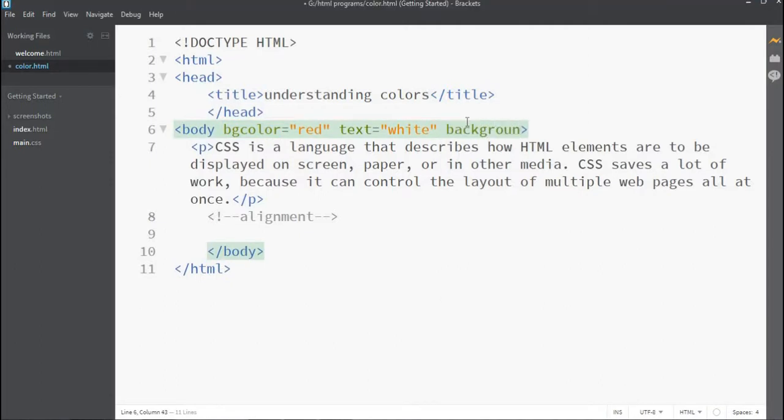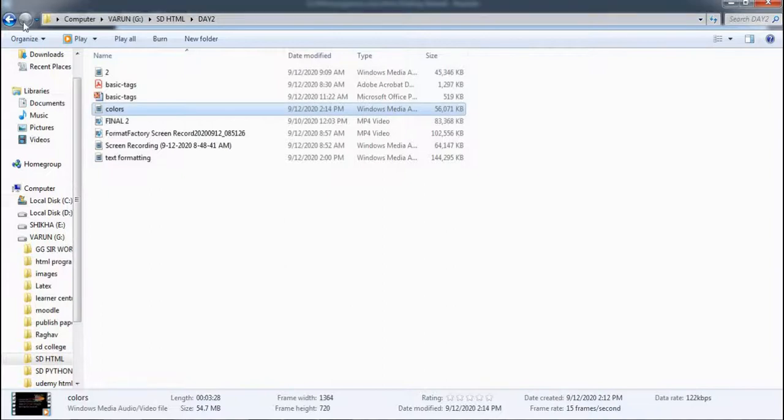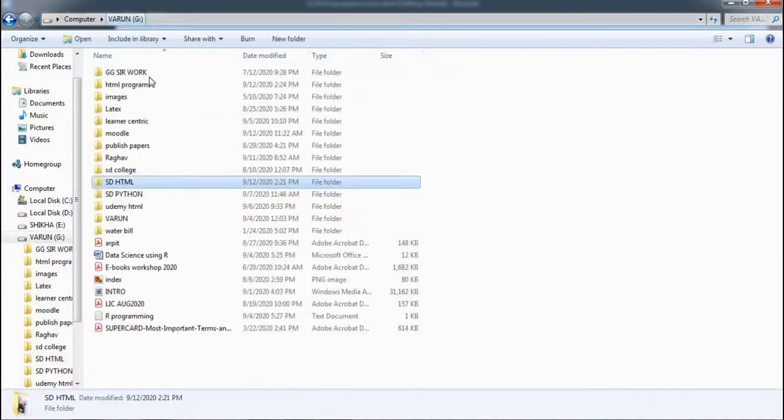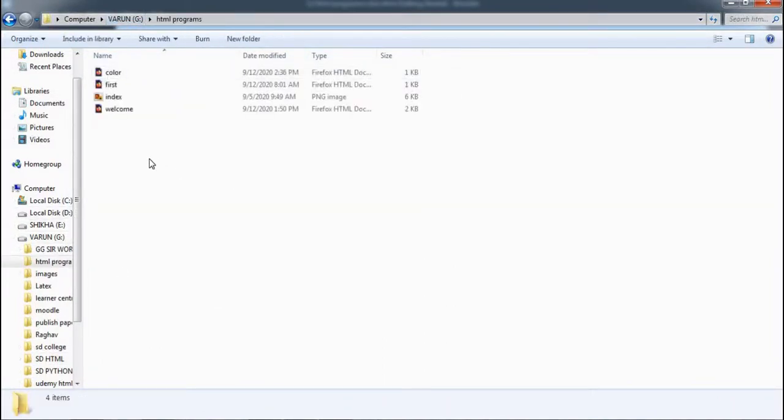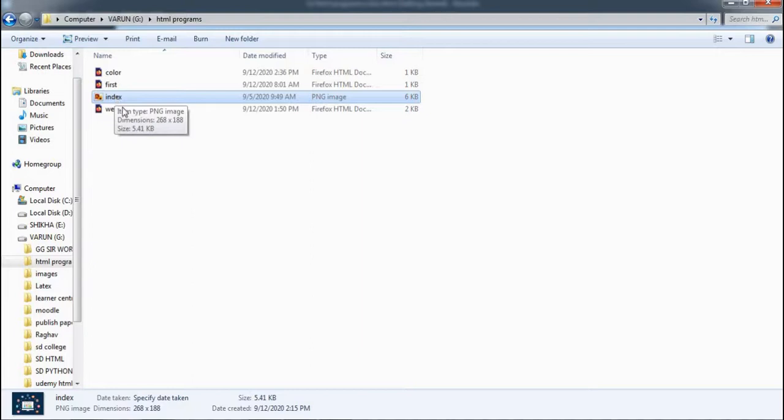Also if you want to set the background to an image, background, see, I am saving these pictures in a folder named HTML programs, and I want to use a picture that is index.png from this folder.